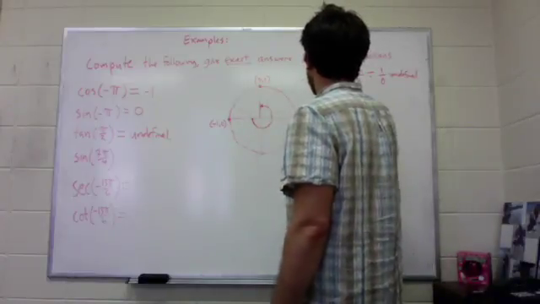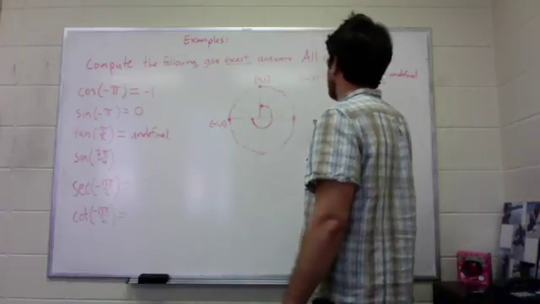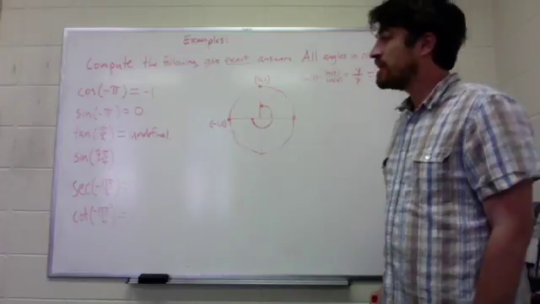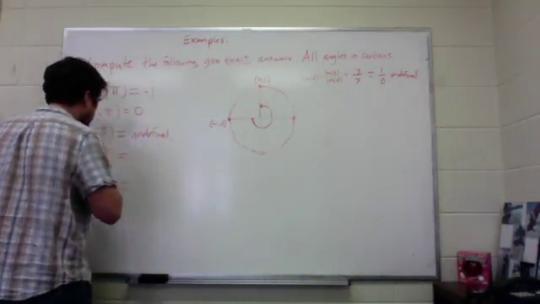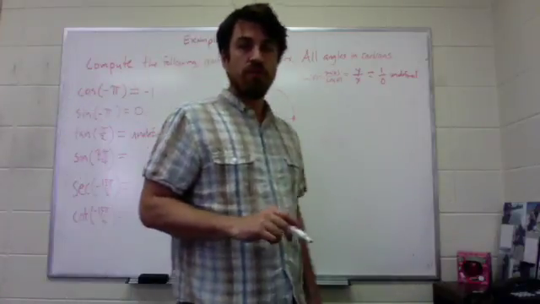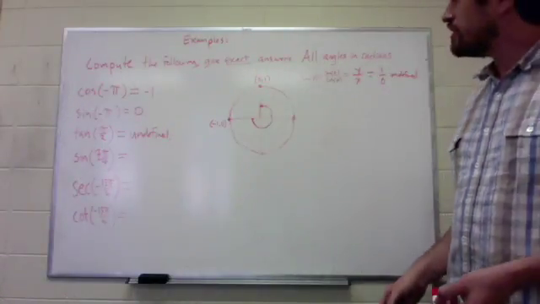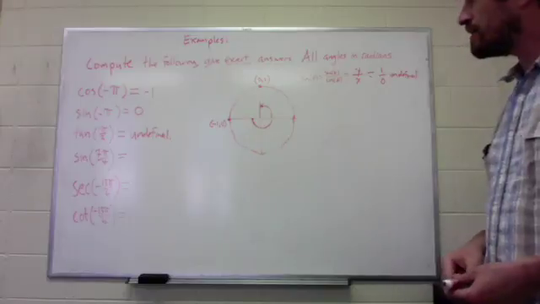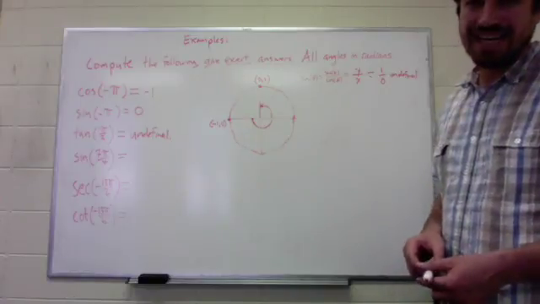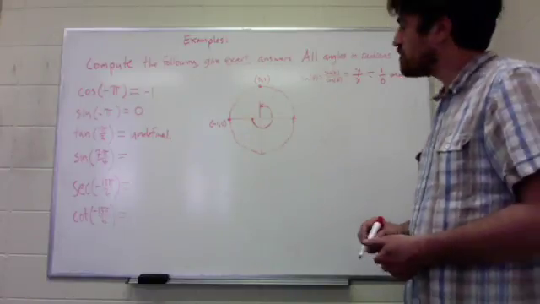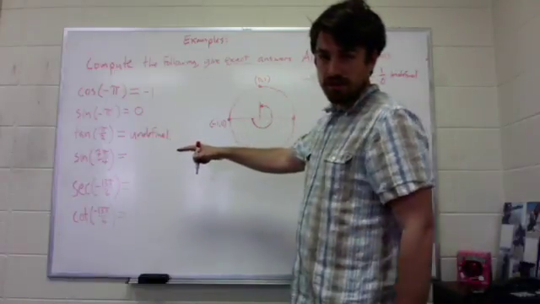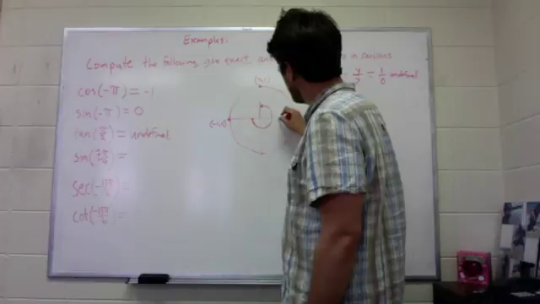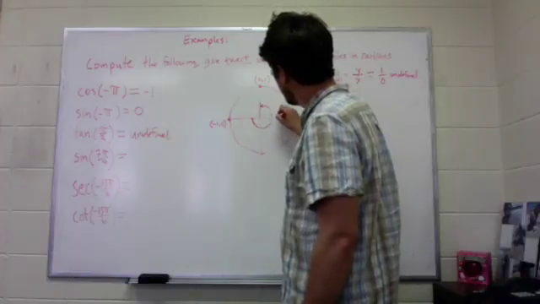Okay, so those are the easy, straightforward types of computations that we can do. Now let's do a slightly harder one. We need to figure out the sine of 7 pi over 4. The first thing we've got to do is trace our finger around and go in radians. The way I like to do this is to work in pies. To figure out where this angle, 7 pi over 4, lives in the unit circle, what do I know? Well, I know that if I go